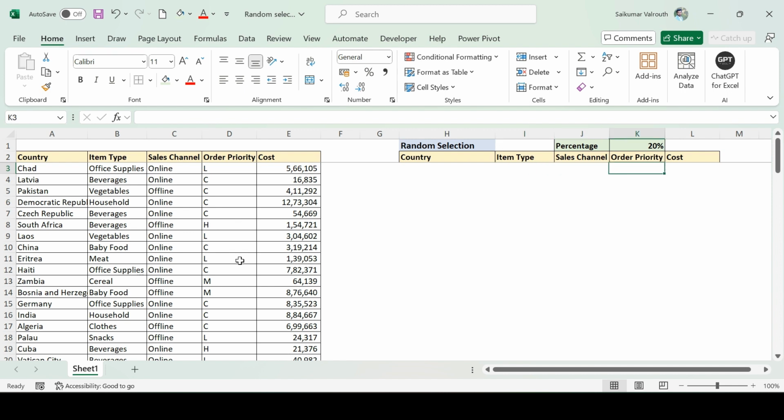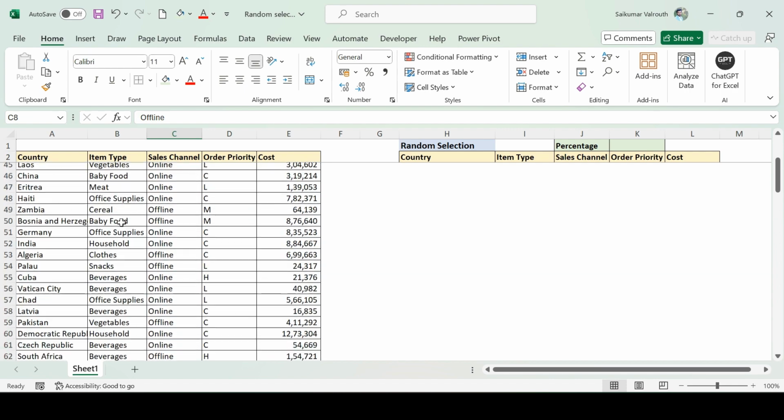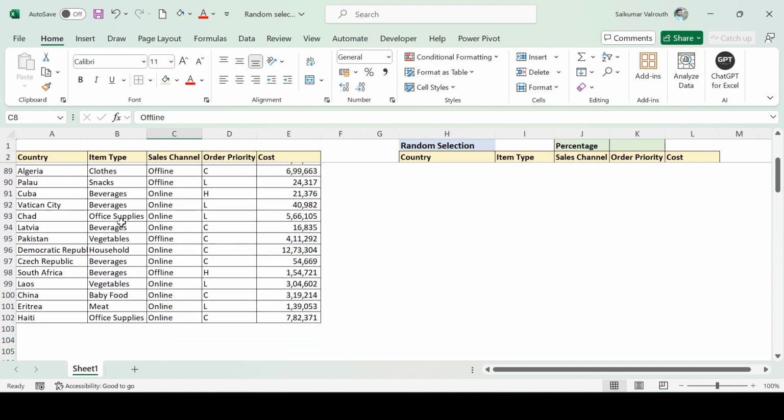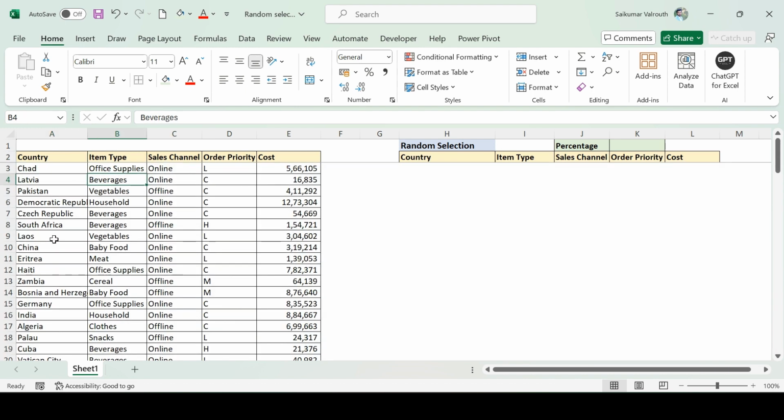Let's dive into understanding the data set first. So I'm going to delete this one. I have taken some random data, so you can choose data based on your requirement. Here you can see I have some records. For example purposes, I have taken 100 records. You can count this one. Almost 100 records are there here, and from these 100 records I want to select some random records based on